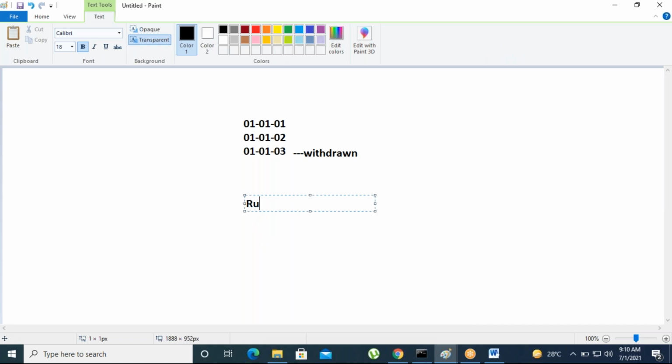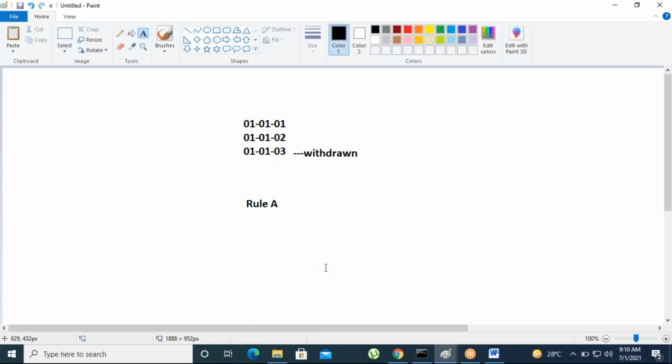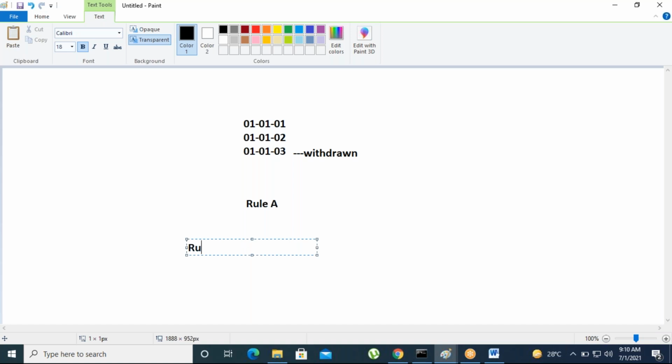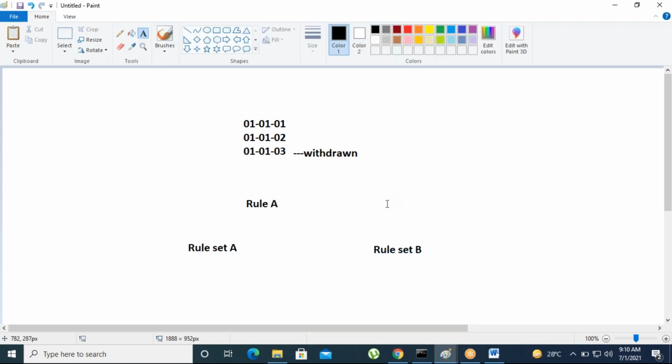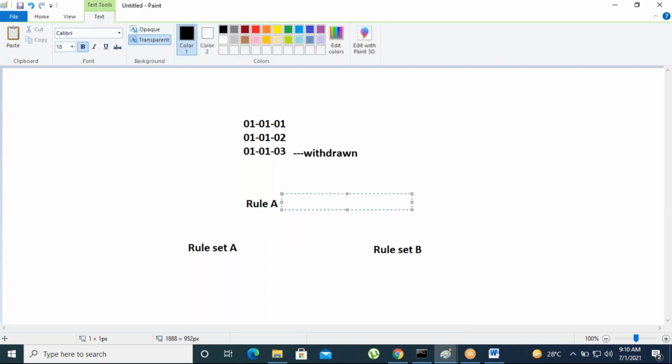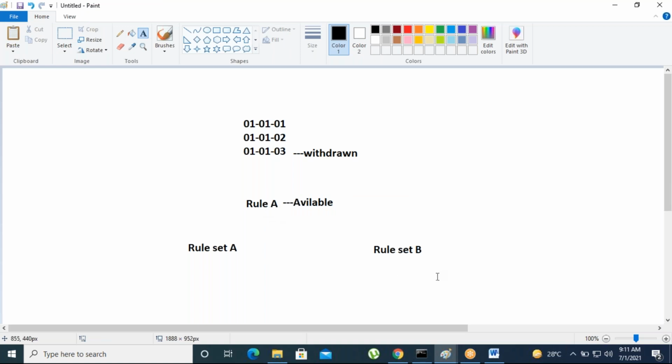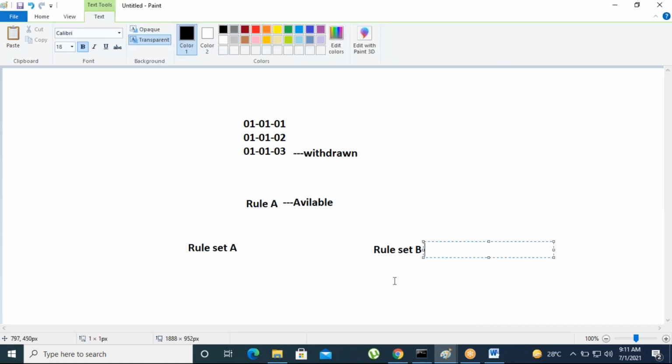Suppose there is some rule A, and the rule A is present in two rule sets, rule set A and rule set B. If the rule set A availability is available, we can copy, we can transfer this rule A into rule set B, and we can do modification changes also.